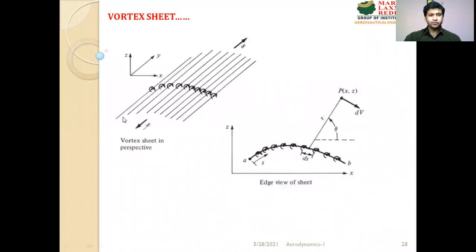So here some set of vortex elements are aligned in such a way that they are side by side. Therefore, the arrangement of vortex filaments side by side is called vortex sheet. So, in this perspective, if we take an example of a camber line of an airfoil, as we can see in this ZX graph, this is the camber line AB, and these are the vortex sheets. This is completely a vortex sheet, and each one is representing one vortex filament.